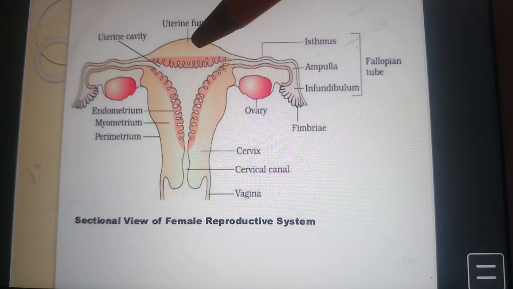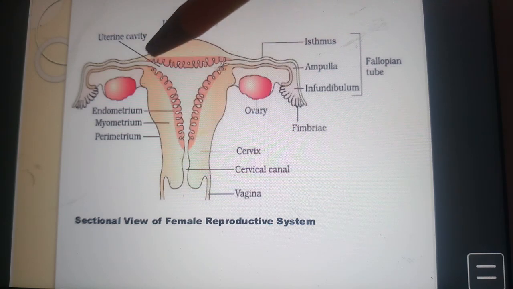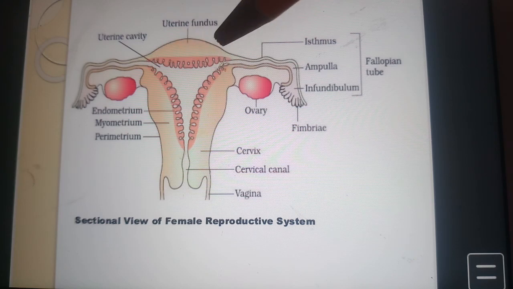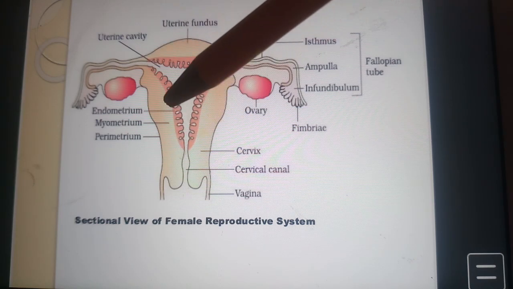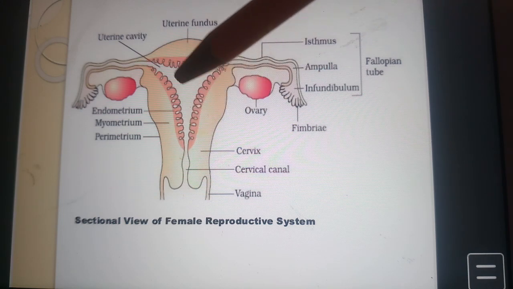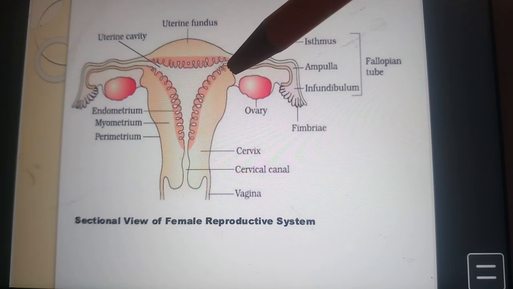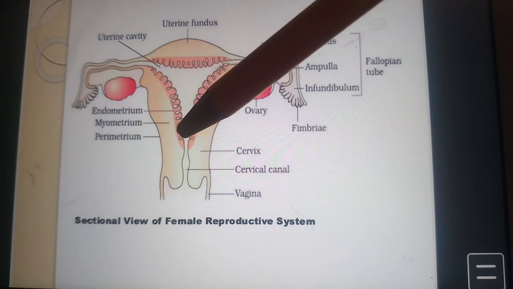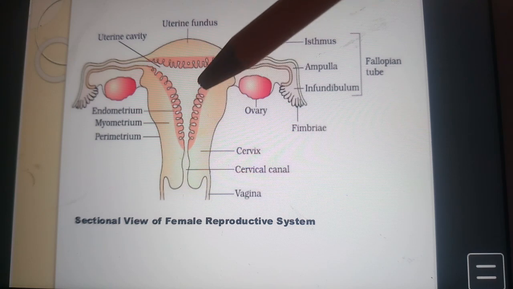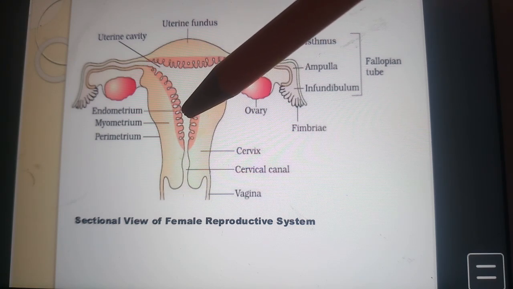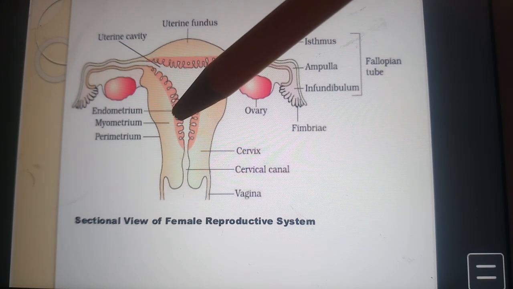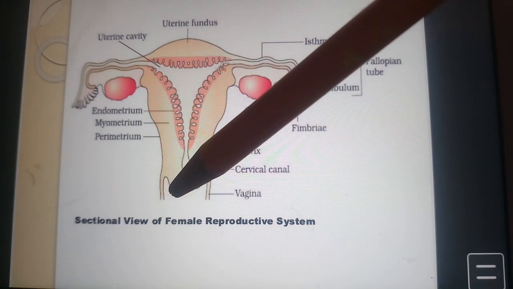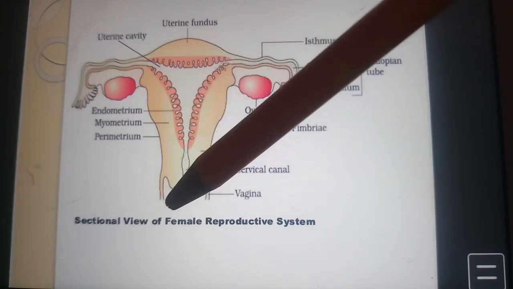Here next you come to the uterus. You can see the pear shaped structure. This part is called the uterus, or the womb. The shape of the uterus is like an inverted pear, and it is supported by ligaments attached to the pelvic wall. The uterus opens into a narrow canal-like structure called the cervix, and then the cervical canal and the vagina, which is the birth canal.